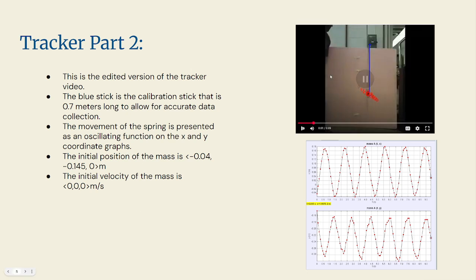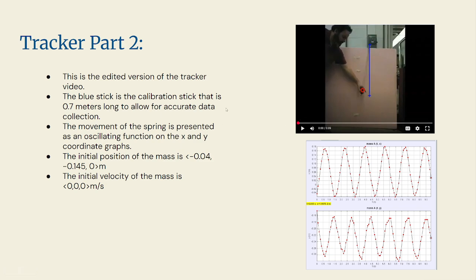This is part 2, the edited version of the Tracker video with tracking the particle point mass of the mass. The blue stick is the calibration stick that is 0.7 meters long to allow for accurate data collection and results in this graph. The movement of the spring is presented as an oscillating function on the x and y coordinate graphs. The initial position of the mass right here